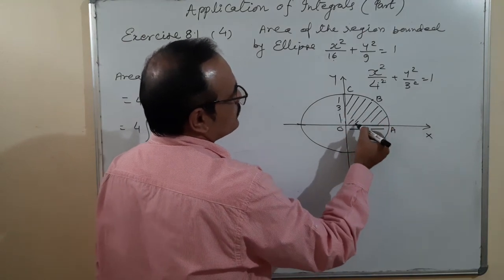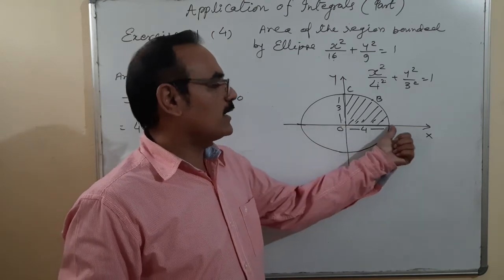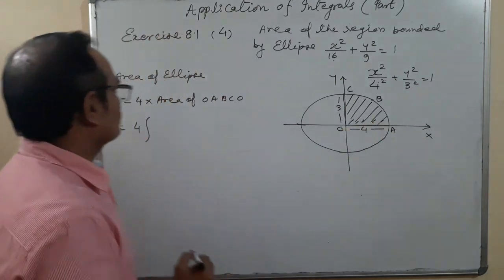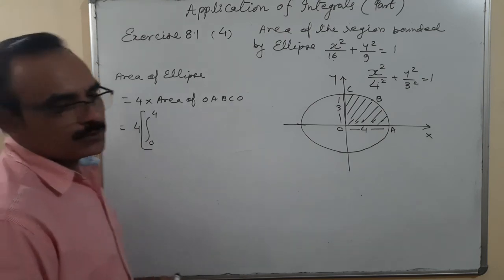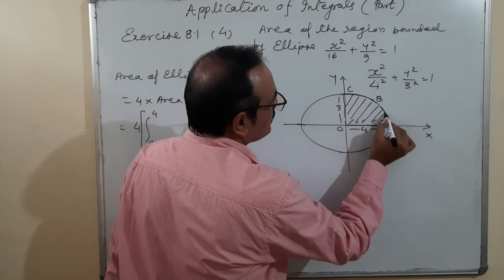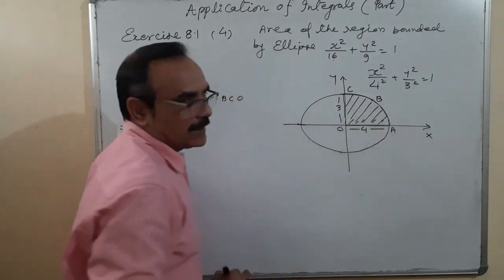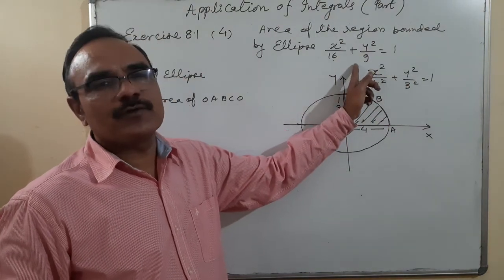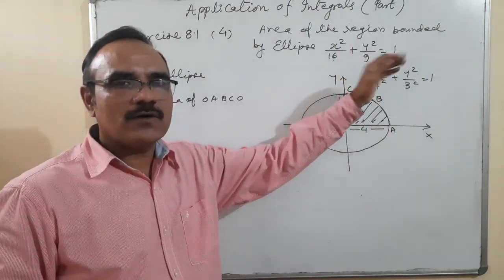For finding the area of this portion, we need two limits. So it starts from here 0 and ends up to here 4. So there are two limits along the x-axis, 0 and 4. Okay, 0 and 4. So when we use the limit 0 to 4 and using this equation, then which area we are getting? Up to x-axis, this complete area we are getting. Okay, and because along the x-axis, this equation will be converted into the form of y in terms of x.